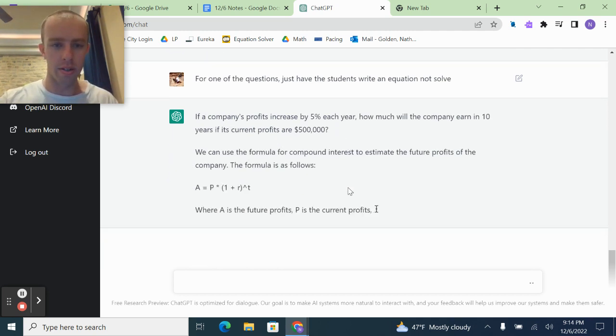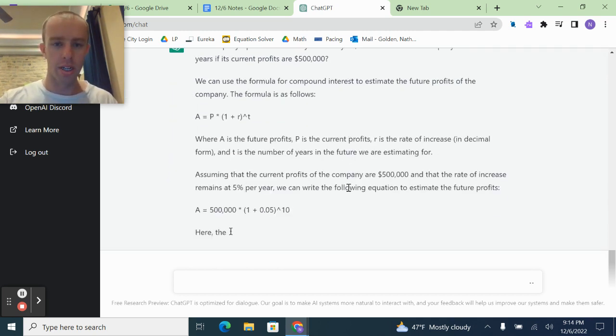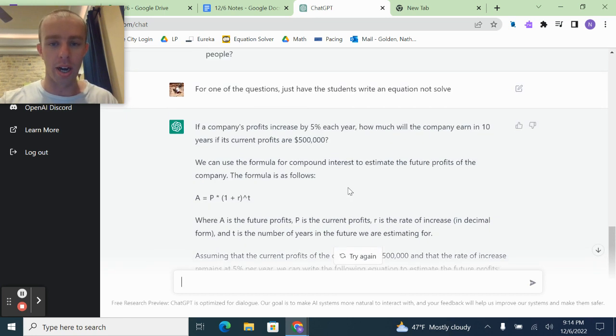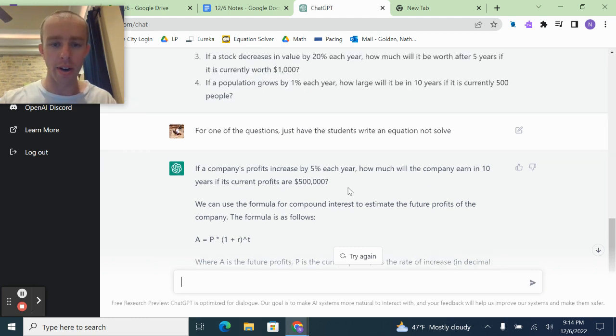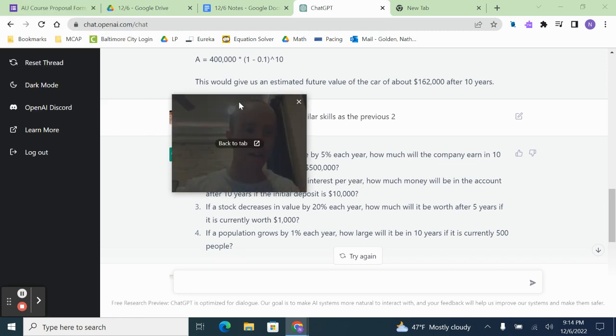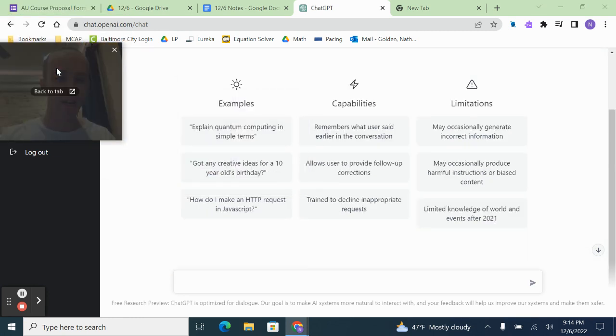And so it's actually writing a longer word problem here. I don't have to use all of that. You can give it feedback, right? So now I can take these questions and use them for my exit ticket. I don't have to go through that mental gymnastics. Just to give another example, I could clear this out, wipe its memory, and I could say,